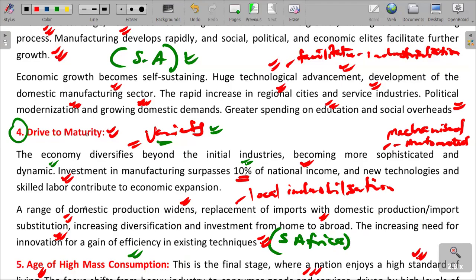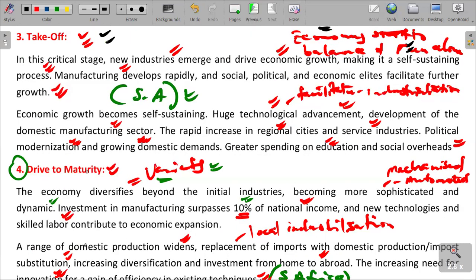The social overheads, we are talking about all the factors or all the facilities that would affect the living standards of people within a country. They are well taken care of. So education, we talk about hospitals, we talk about infrastructure. Governments of countries that are at stage three, the takeoff stage,